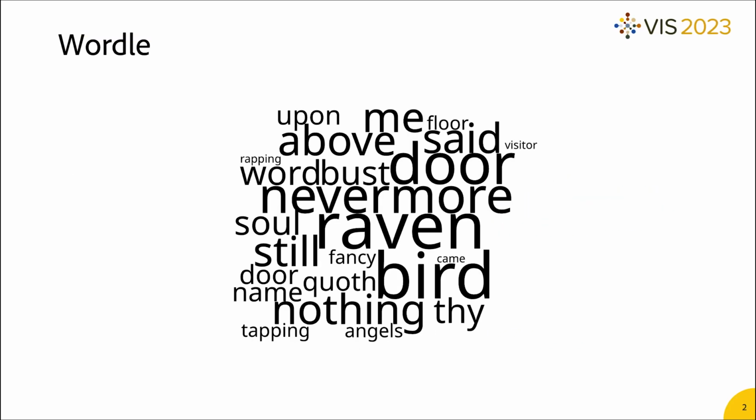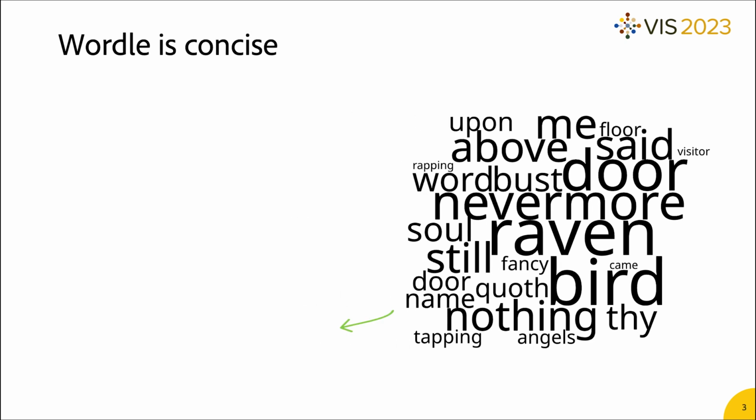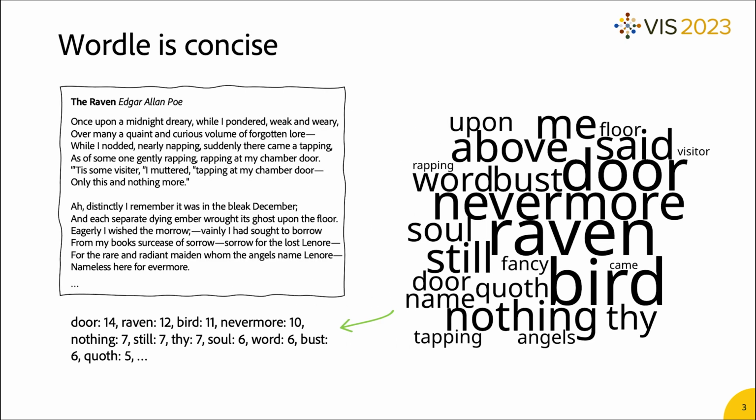Wordles or word clouds are a popular visual representation of text data. Its encoding is concise, mapping keywords of a long text into a compact cloud of words, where the text size corresponds to the word frequency. But one issue of this encoding scheme is that the context is not well preserved. Looking at this cloud, it is not easy to tell the tone or the underlying emotion, compared with reading